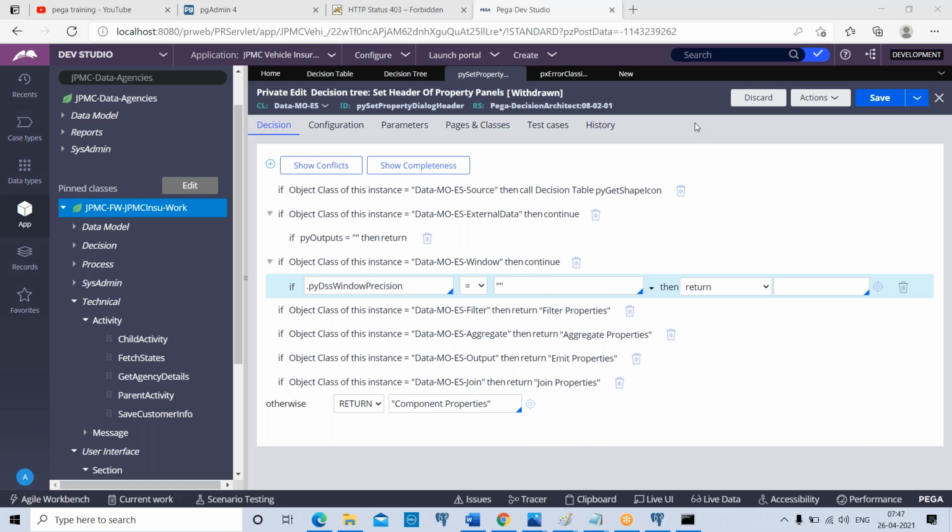Possible, yes or no? It is not possible to create it with tree. It is possible only with table. So if you have to use expression builder, then you should be using table only.